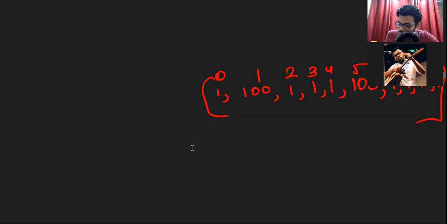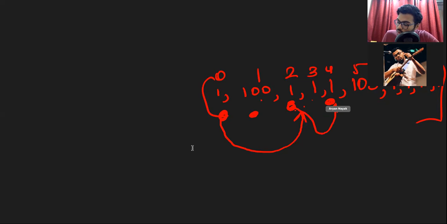Now if you want to have the minimum cost, what we can do is start from the 0th index or the first index. Now we know the minimum cost is 1, so we start from 1. Then we go to the next 1, because obviously you won't go to 100, right? Because 100 has higher cost. Now from here we can either go to 3 or 4. So we plan to go to 4 because the cost here is the same. So we go to 4.